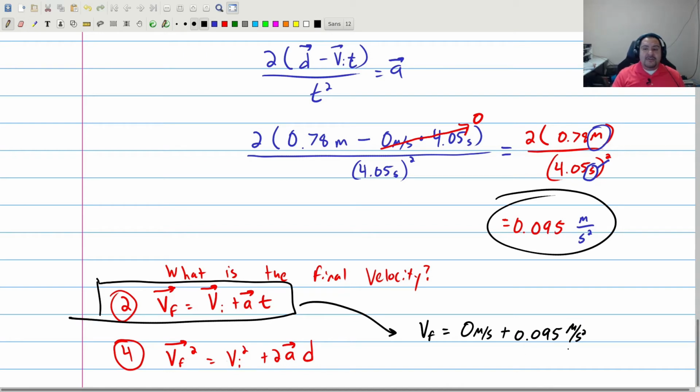I'm going to write 0.095 here, but when I actually do it, I'm going to be using 0.0951074533132, and who knows how many other digits my calculator has in it. But I'm going to use that exact number when I go back here. All right, then I need to multiply by the time, and the time is 4.05 seconds. V final is going to be equal to, multiply by 4.05 seconds, and I get